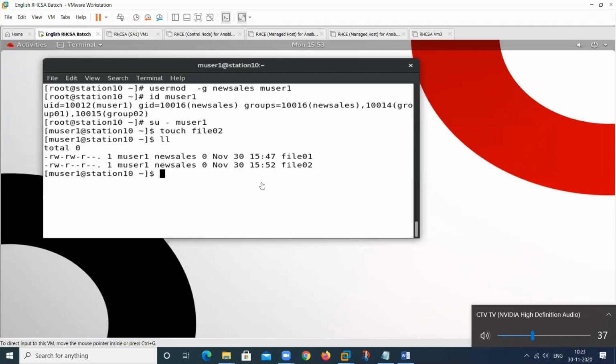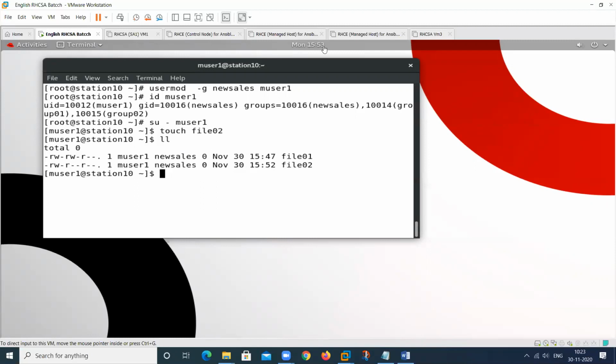So what is the use of -g to modify? For any file or folder you are creating, all types of information, the primary group information is this. By default, this one and this one are the same.